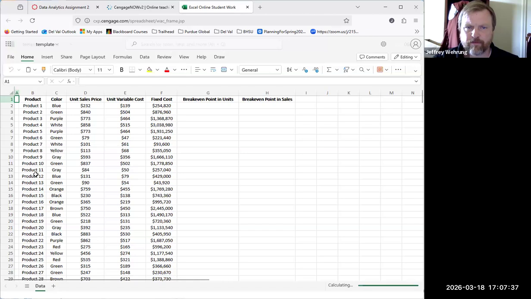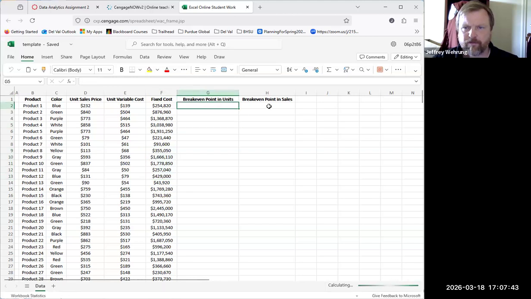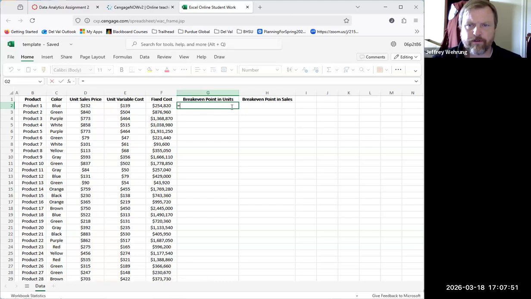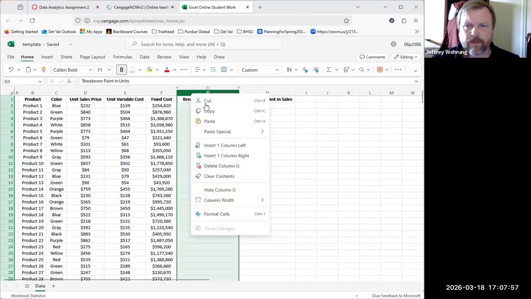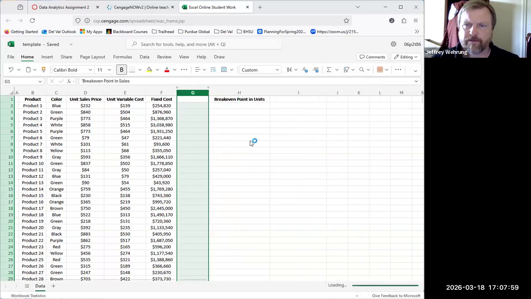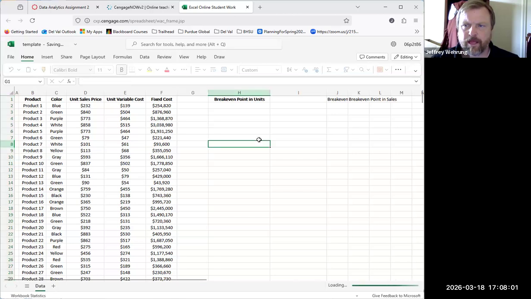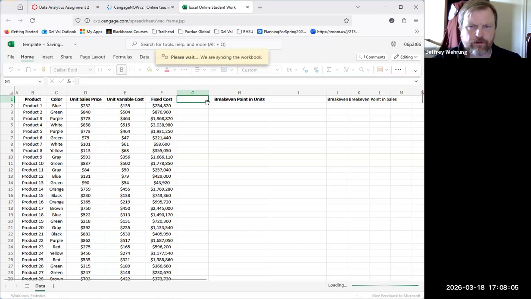We have the products, color, unit sales price, unit variable cost, fixed cost. We need to calculate break-even point and break-even point in sales. So let's see, break-even point first. Break-even point in units, what we can do is we can say this is just going to be, actually I'm going to add a column here. You don't have to do this, there's ways around it, but I'm going to add a column and say I want the marginal